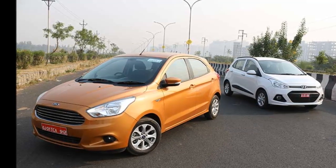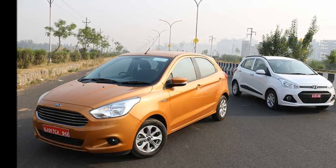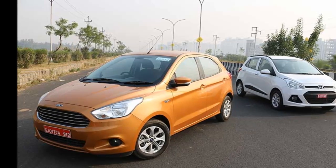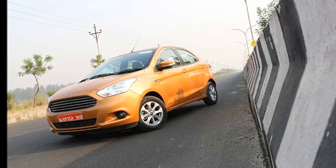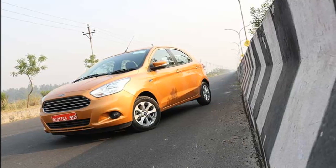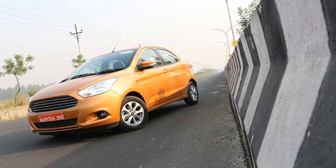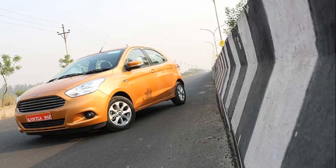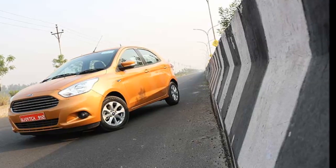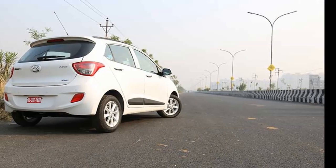The diesel engine on the Figo does have a rumble to it, and there's a lot of noise that seeps into the cabin. The Grand i10's engine, we found, was quieter, and even when you rev the engine, it isn't as vociferous as the one on the Figo. But it's the sheer power of the Figo that you want to drive it. Peak torque is available from under 1,800 rpm, and we have to admit that there is a bit of lag, but it's got a strong mid-range and it'll keep you happy, as long as the ticker is in the right